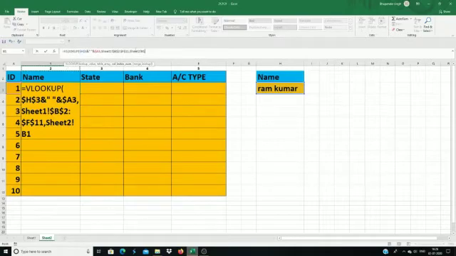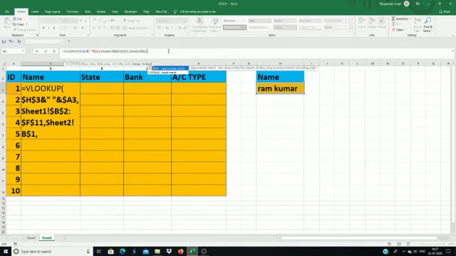So we select B1 and now we have to freeze because we want to drag this formula in all the columns. That's why we select only one, not B, because when you drag this formula towards right, then this column number will change from B to C, C to D, D to E.